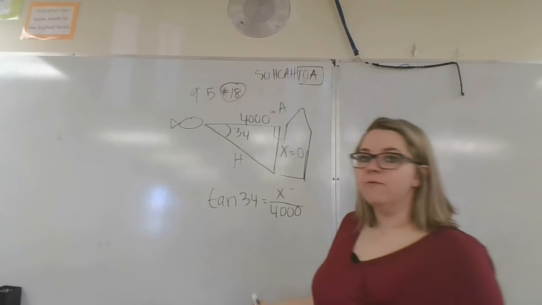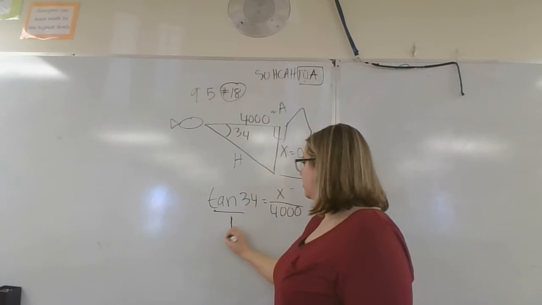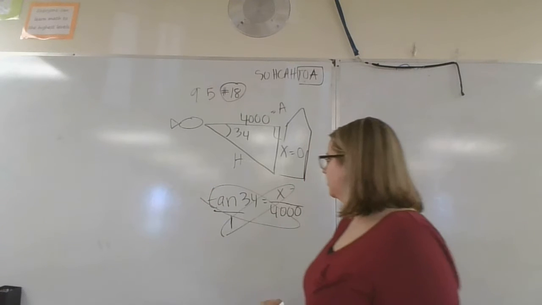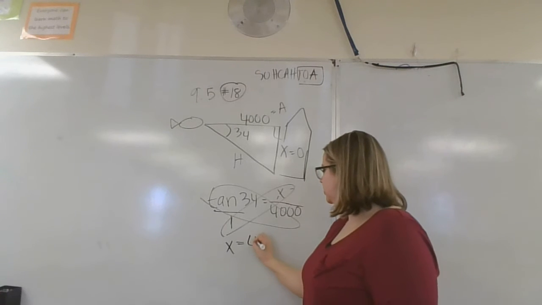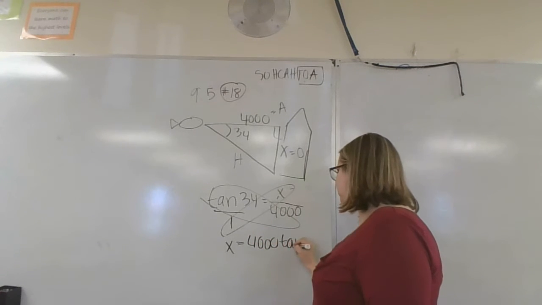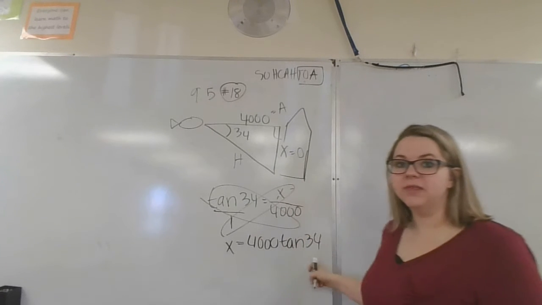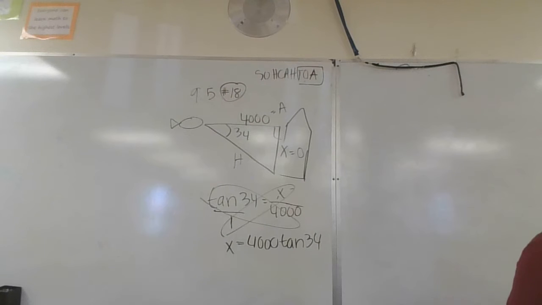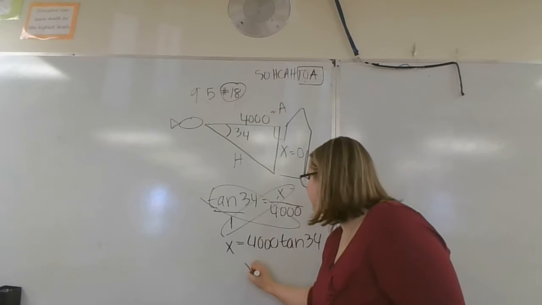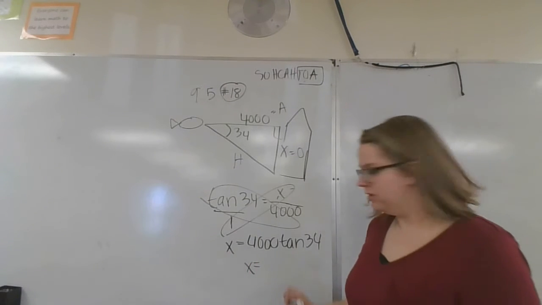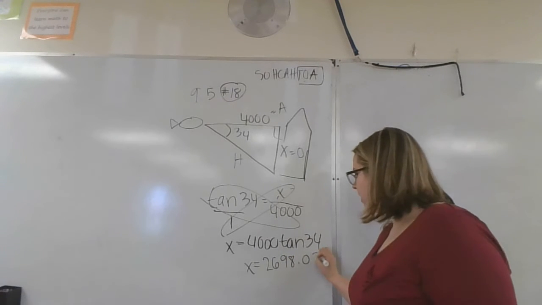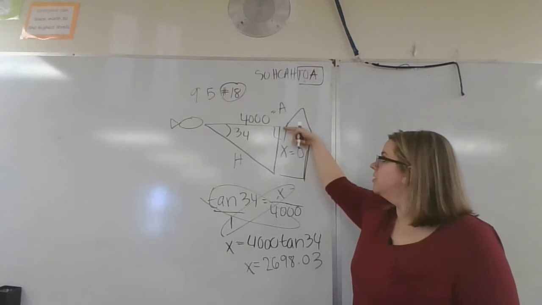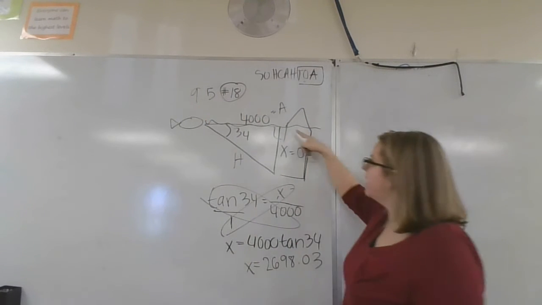Now I can put tangent of 34 over 1 and cross multiply. So I have X times 1, which is just X, equals 4,000 times tangent 34. I can plug this into my calculator, 4,000 times tangent 34, and that gives me X equals 2,698.03. That's how far underneath the water, this is my water right here, that's how big my iceberg is right